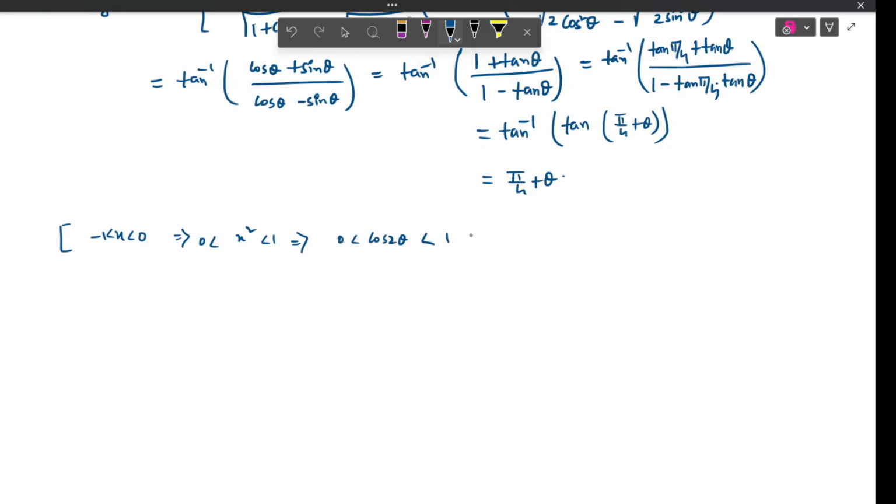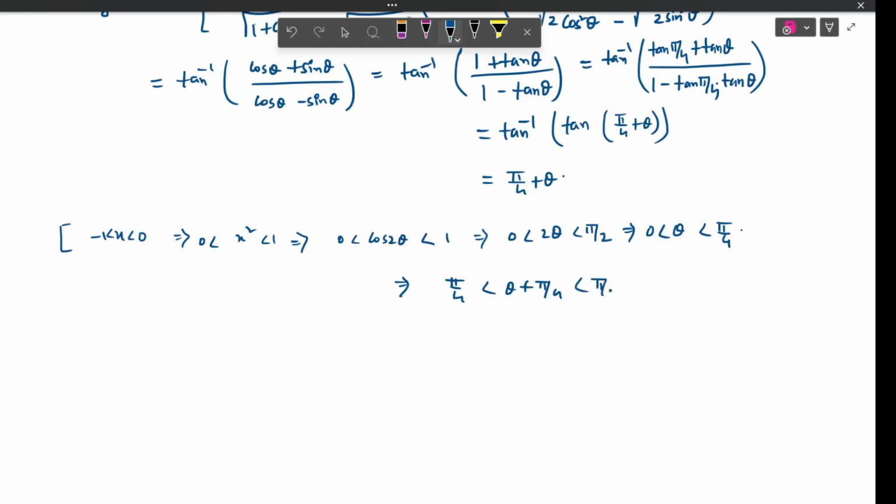What is cos inverse 0? That is pi by 2. What is cos inverse 1? That is 0. So 0 less than 2 theta less than pi by 2. If you divide by 2, you will get 0 less than theta less than pi by 4. If you add pi by 4 in both the sides, so you will get pi by 4 less than theta plus pi by 4